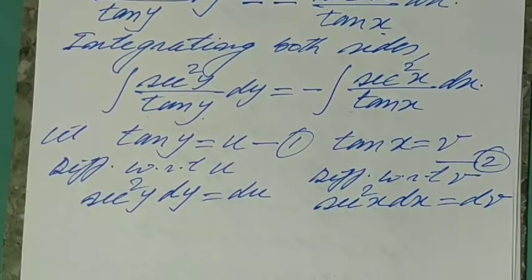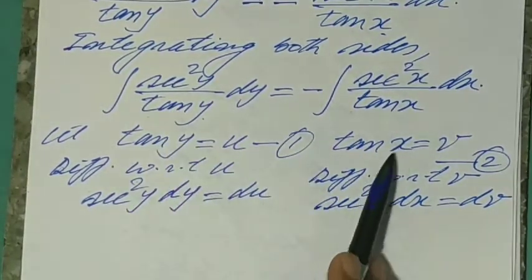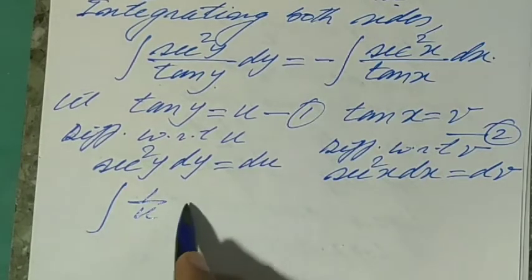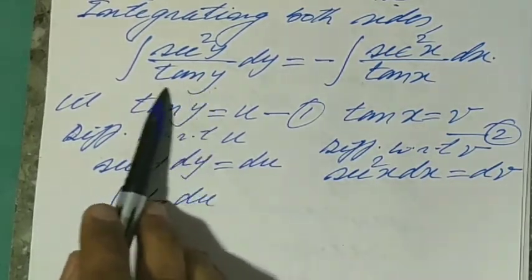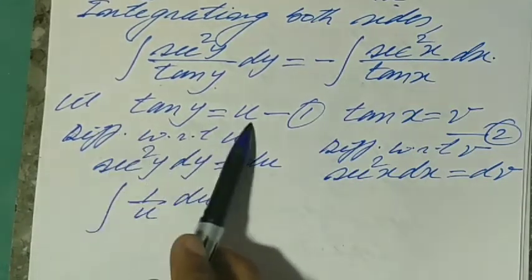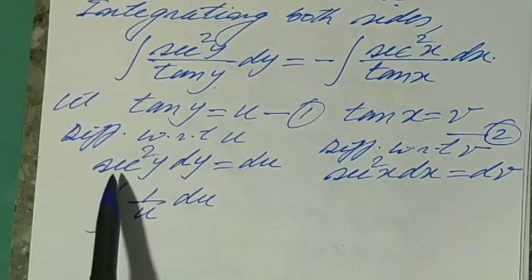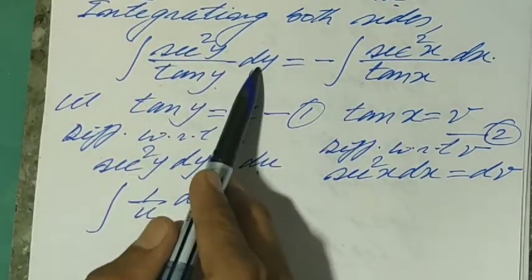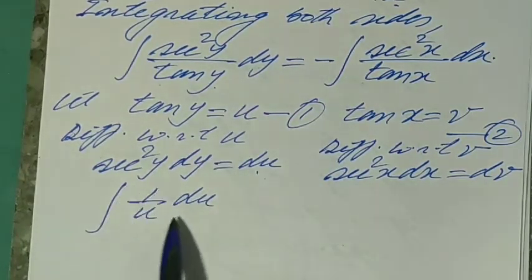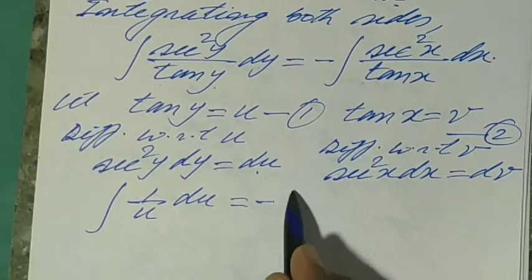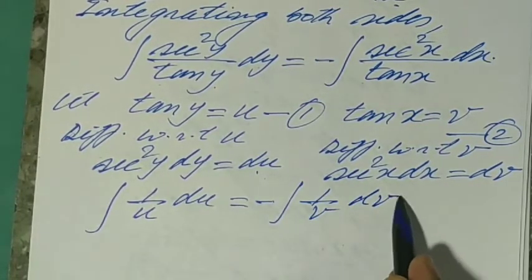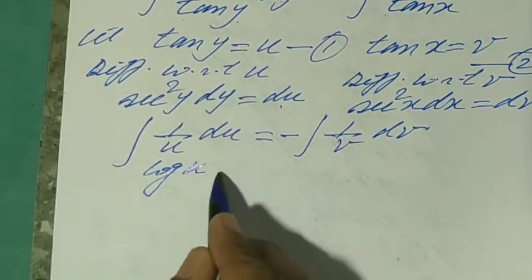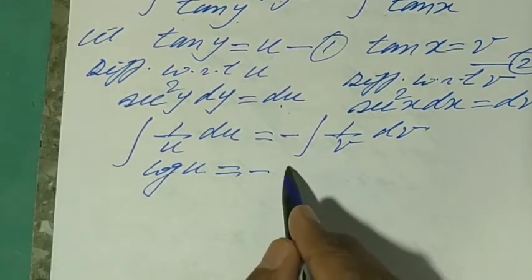So now if we apply this substitution on the left hand side and this substitution on the right hand side, our equation becomes 1 upon u du, because we have replaced tan y by u according to this substitution, and according to this substitution sec square y dy is equivalent to du. So we have replaced sec square y dy by du. So we have integral 1 upon u du. In the same way on the right hand side we get minus integral 1 upon v dv. So integral of 1 upon u with respect to u is log u is equal to minus integral of 1 upon v is log v,